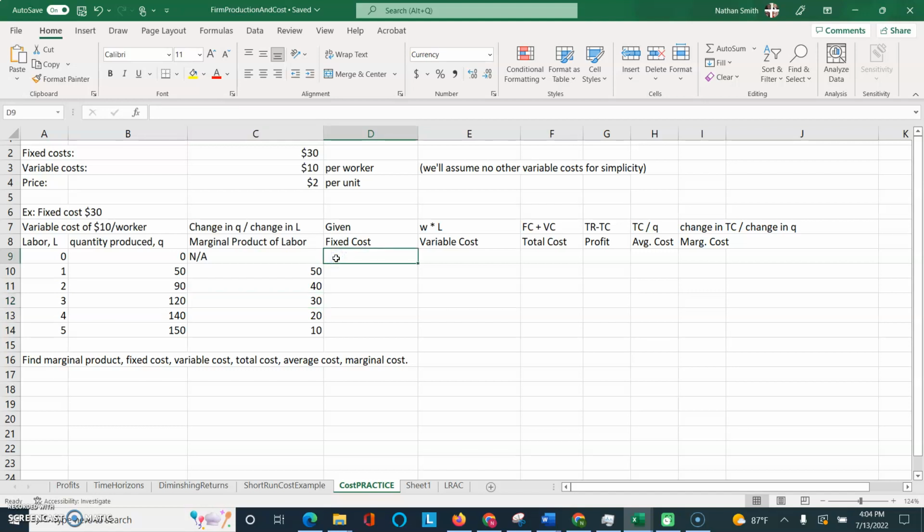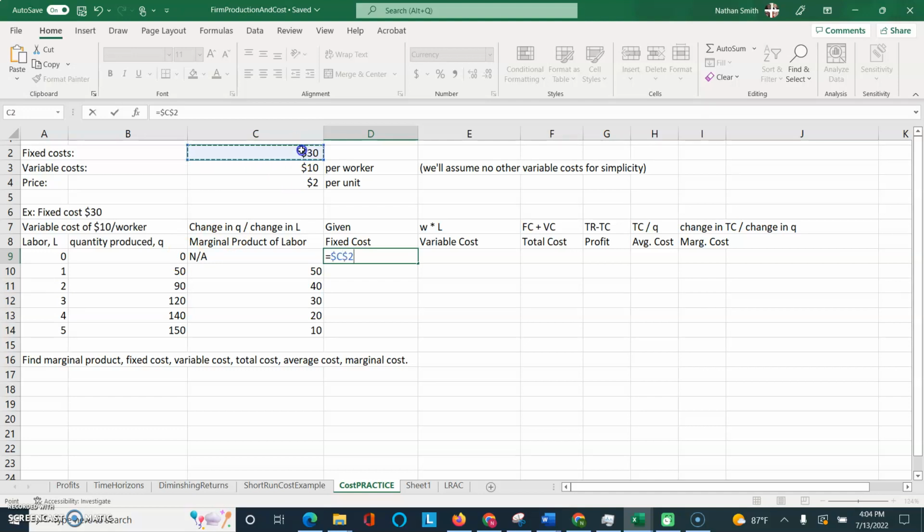What do I put here, brain teaser? Do I put NA? No, I don't put NA because when the firm is producing nothing, and even if it's hiring no workers, does it still have fixed cost? Yes. Right? So even at a production quantity of 0, we believe that the firm incurs fixed cost. Okay, so I'm simply going to cell reference that,